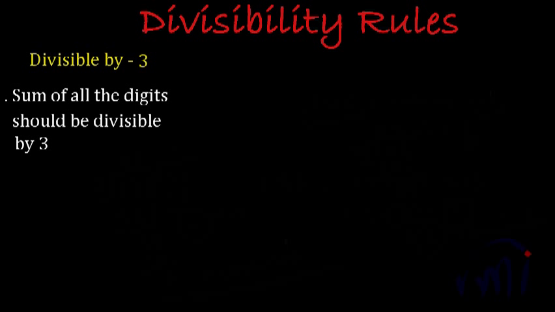Hi, so here we are with the divisibility rules of 3. The divisibility rule of 3 is that the sum of all the digits should be divisible by 3. So this is the rule, and suppose I take a number like